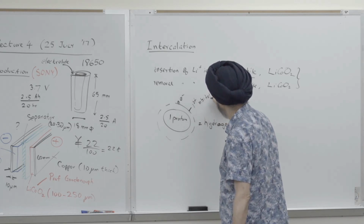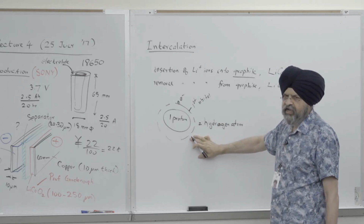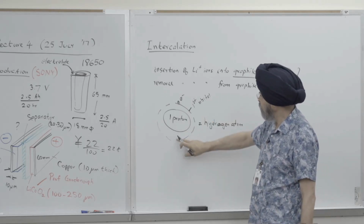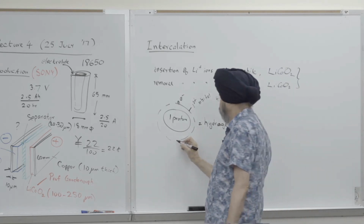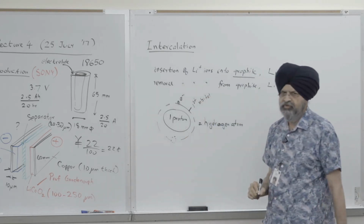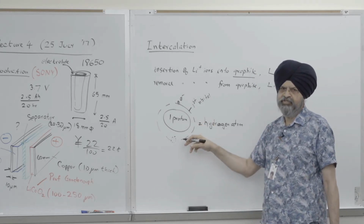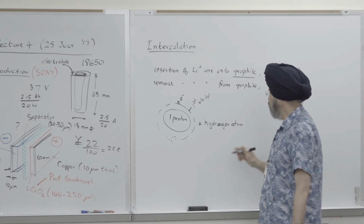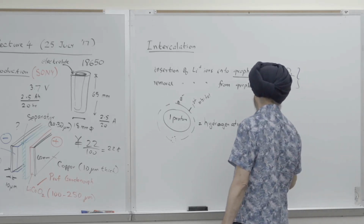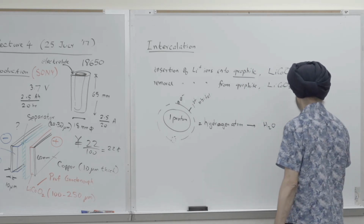That's the only orbital hydrogen has. So atoms are angry when the shells are not full. The first shell needs 2 electrons, so hydrogen is dying. It'll kill for this second electron. And that's why hydrogen forms water, because now you have